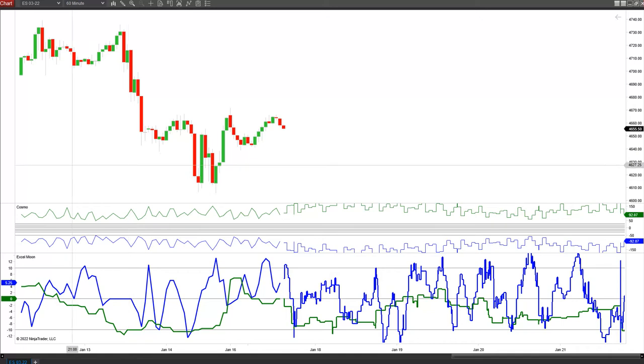As you can see, we bottomed out here on the 14th. Market bottom, did a little double bottom, and then we started to trade up. You can see the green line peak here last night, and then we're starting to track down. We're going to make our bottom on the 18th at about 5 a.m. roughly. Then we go sideways,